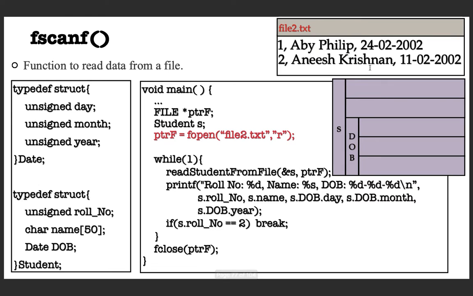Assume that this is the content of the file at the time of opening it. Moving down to the infinite loop, because it is 1, there is a break. Until this break is executed, the loop will go. Okay, so what do we do? You are reading data from the file. Note that here you are passing the address of the structure, because you want to read data into this structure variable. You want it to be accessible to this function, and that is why I am passing the address of the structure variable. Also the file handle is passed.